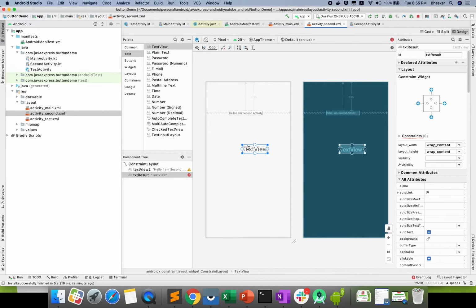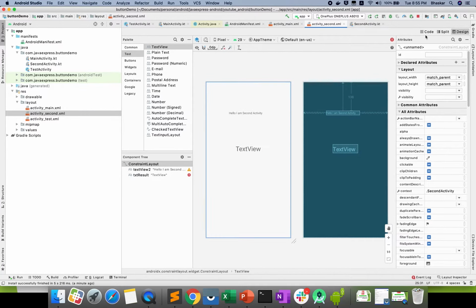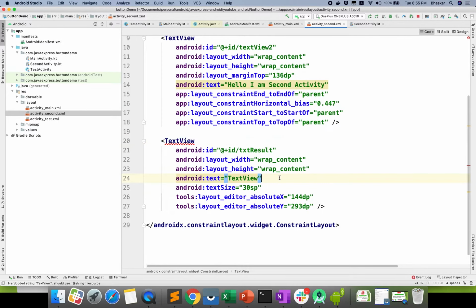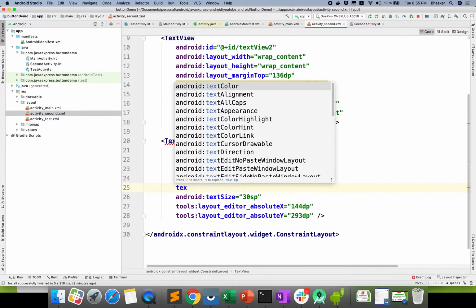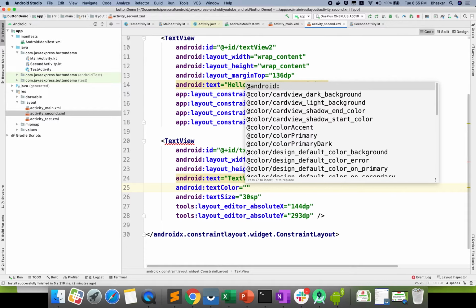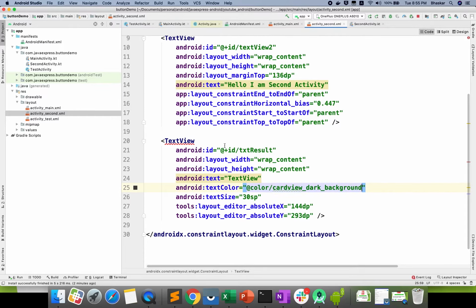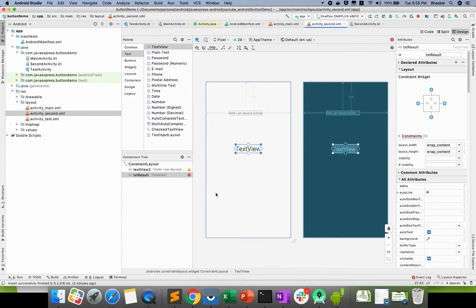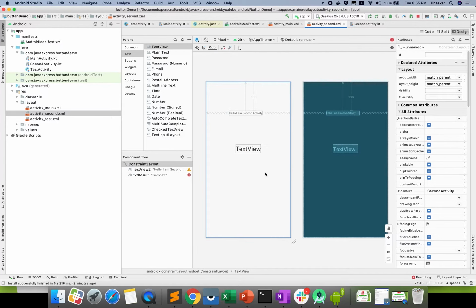Okay, it will be printed here now. If you want to give any color, just go ahead and give the color also. Text color, you can give something dark, some black. I hope you are clear.